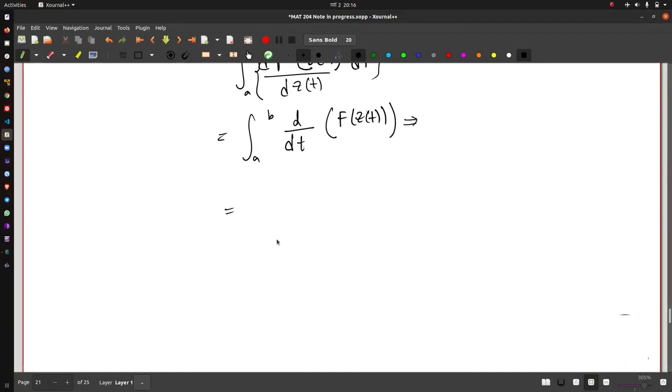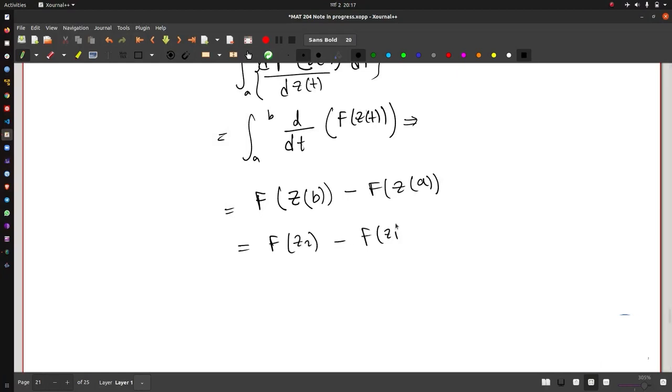So using the fundamental theorem of calculus, you can easily see that this is just F of z of t of b minus F of z of a, and finally you will have F of z2 minus F of z1, and that's it. Oh, there should be a dt like this. So this is the proof